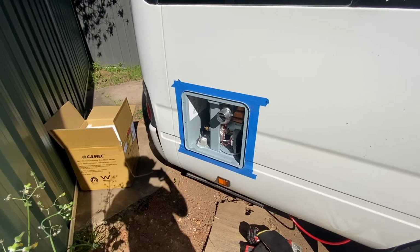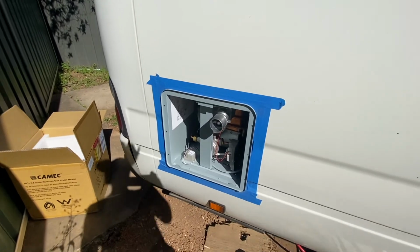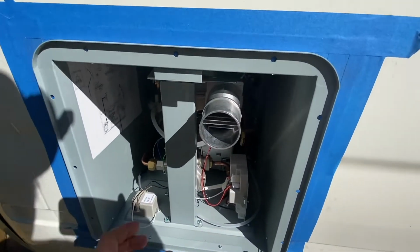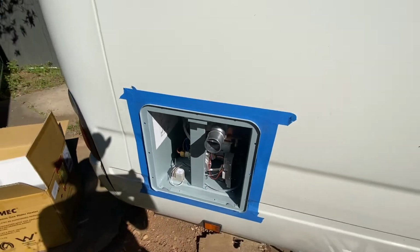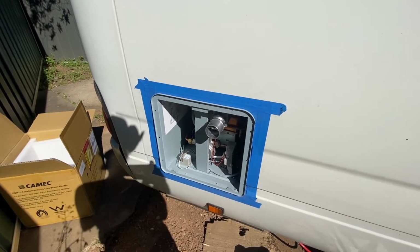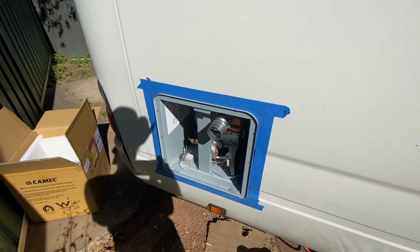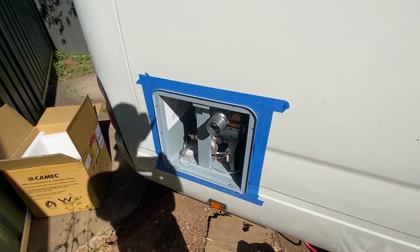Okay, so it took a bit of fiddling and test fits and then cutting some more and trimming, but it's in, a nice solid fit in there. So I'm just going to pull it out, vacuum up all of the metal filings and stuff inside, and then I'm going to rust guard the edges that I've cut away and wait for that to dry,